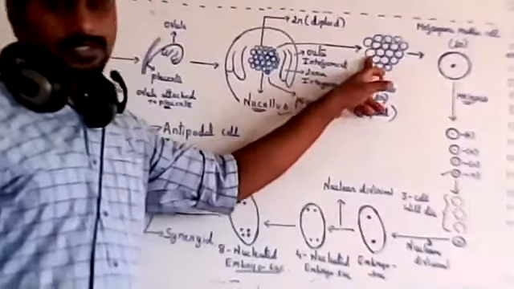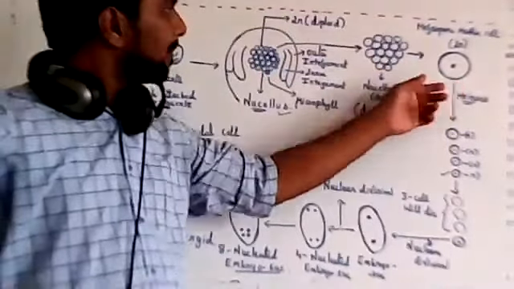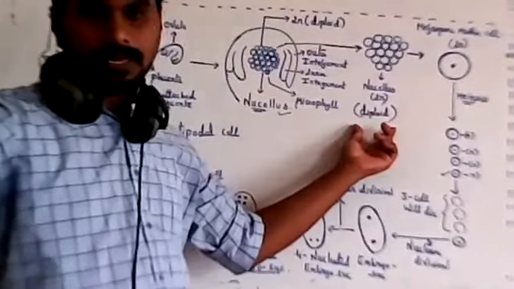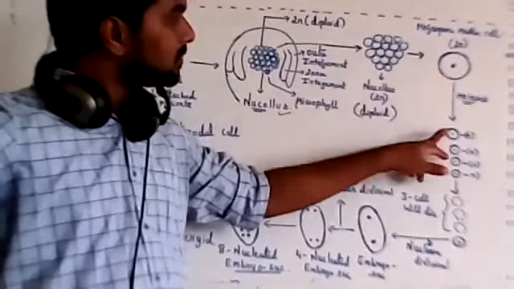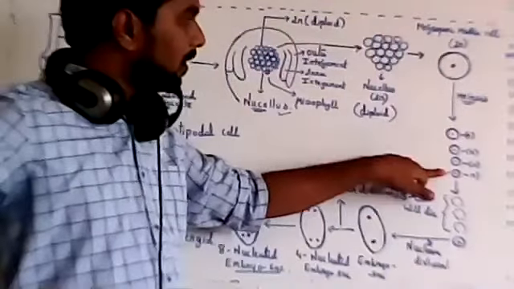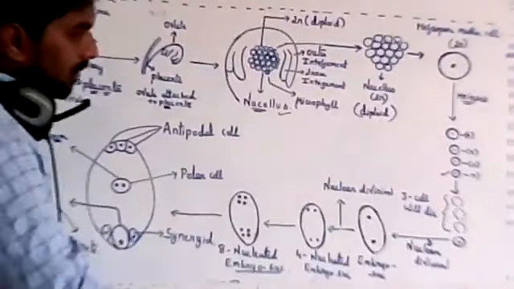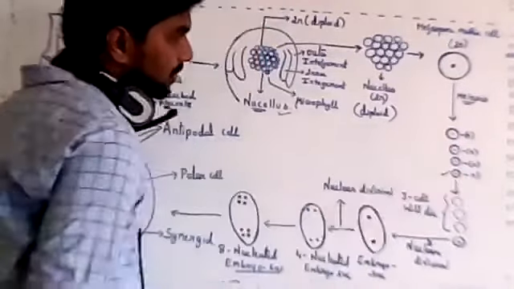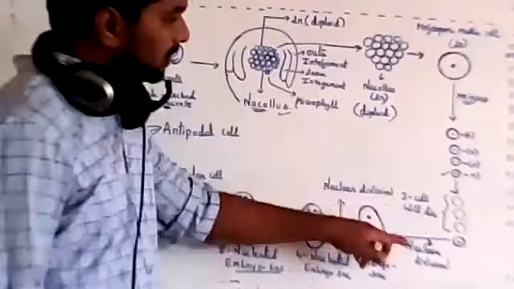Out of these thousands of cells, only one cell will undergo enlargement. All the cells present in the nucellus are diploid in nature. The cell which enlarges will undergo meiosis. After meiosis, they will form 4 haploid cells. So there will be one round of meiosis, and after meiosis there will be formation of 4 cells. Out of those 4 cells, 3 will die.